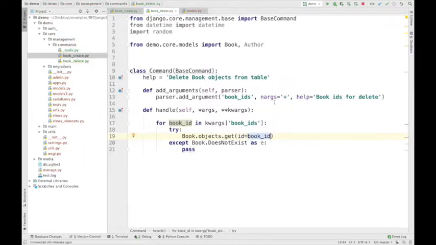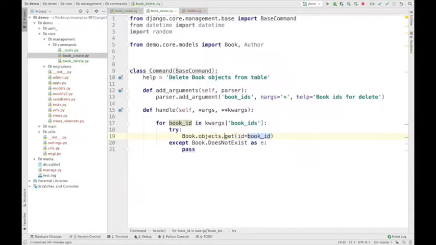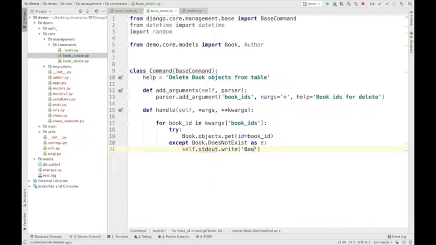We want to delete these items, in our case all books with the ID 1, 2, 3, 5. So here will be just a message like self.stdout.write book ID does not exist,